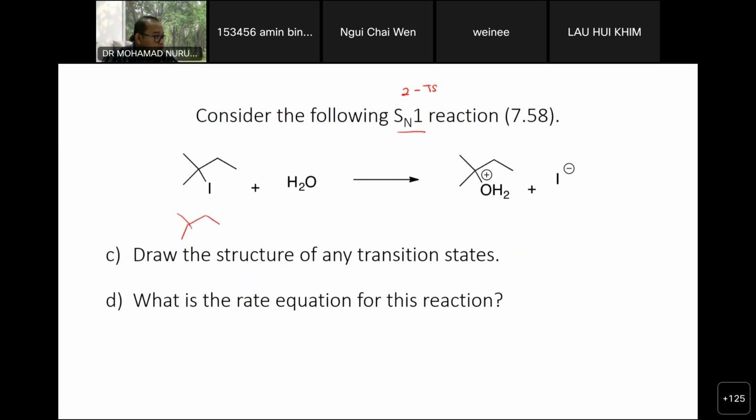They have 1 bond broken, so this is a dashed line. Don't forget the dashed line. So they will have iodine. Don't forget this one is delta plus and this one is delta minus. Don't forget the double dagger, like this. Okay, so this is the first intermediate. The second intermediate, because this bond will be cleaved, the second intermediate will be